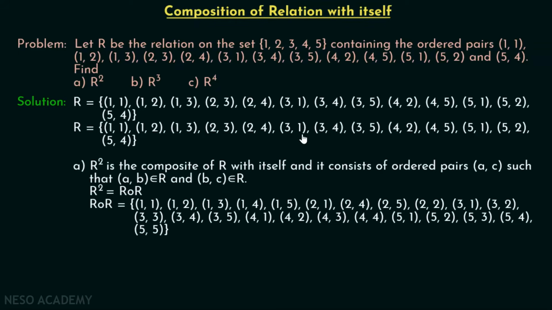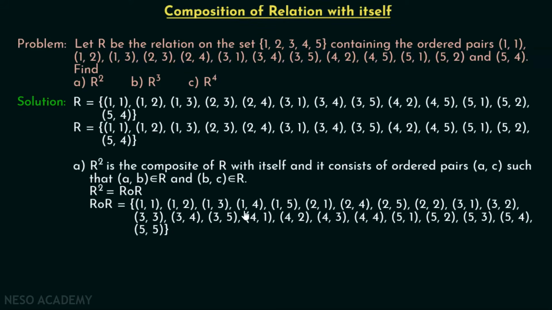Here you can see that in this ordered pair we have this first element 3. So 2, 1 can be included. Then we can include 2, 4. Then we can also include 2, 5, right? And in this way we can include all the elements inside ROR, right? In this way we can proceed, and you can see these are the ordered pairs so formed.